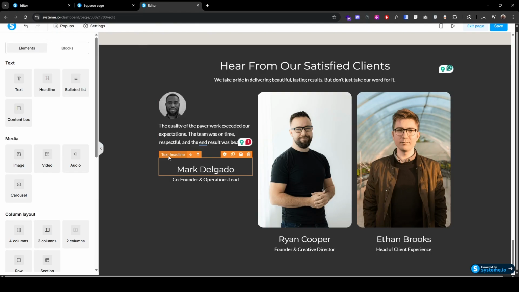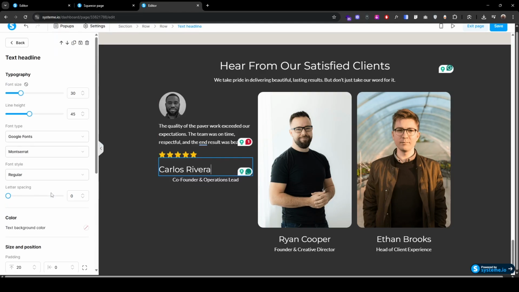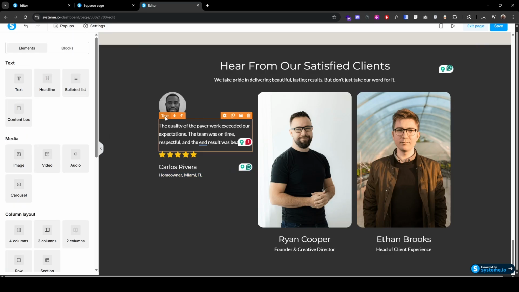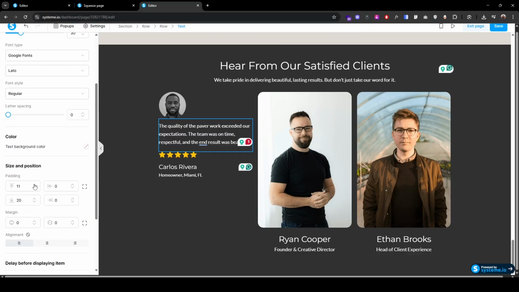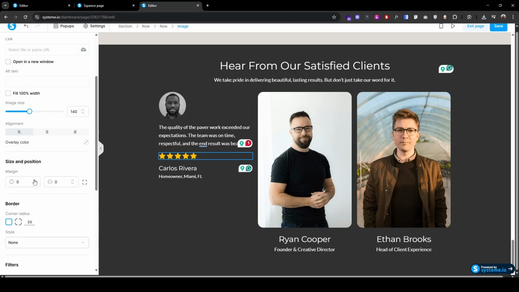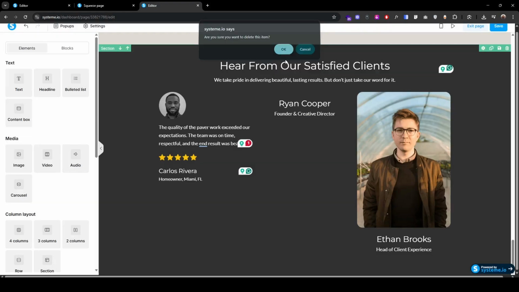Finally click here, align it left, change the name to this name, decrease the font size to 22, line height to 28, I guess. Let's see. Decrease the font size to 16, line height, leave it like this, align it left. Now let's add some padding, I guess 15. Here also we can add some margin, maybe 5. Okay, now let's remove this element here